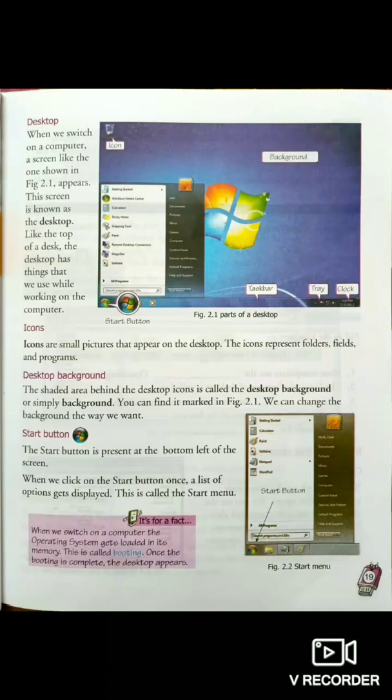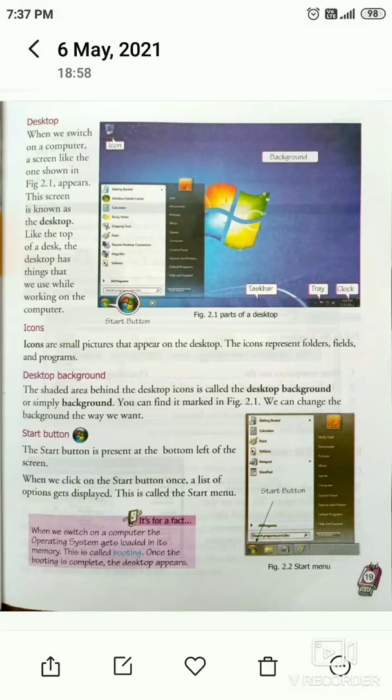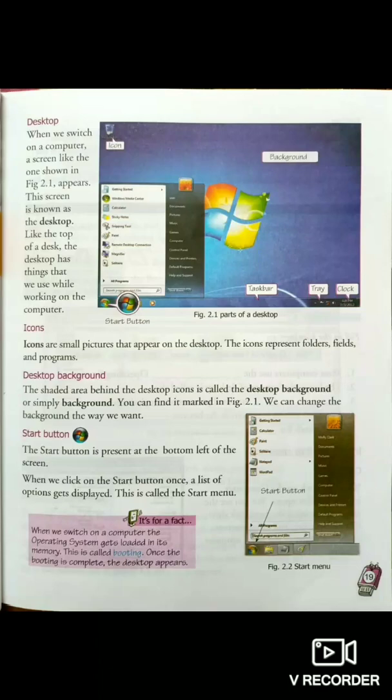A few new terms should be introduced, like icons. You have the idea about icons. Icons are very small pictures that appear on the desktop. They represent folders, files or programs.